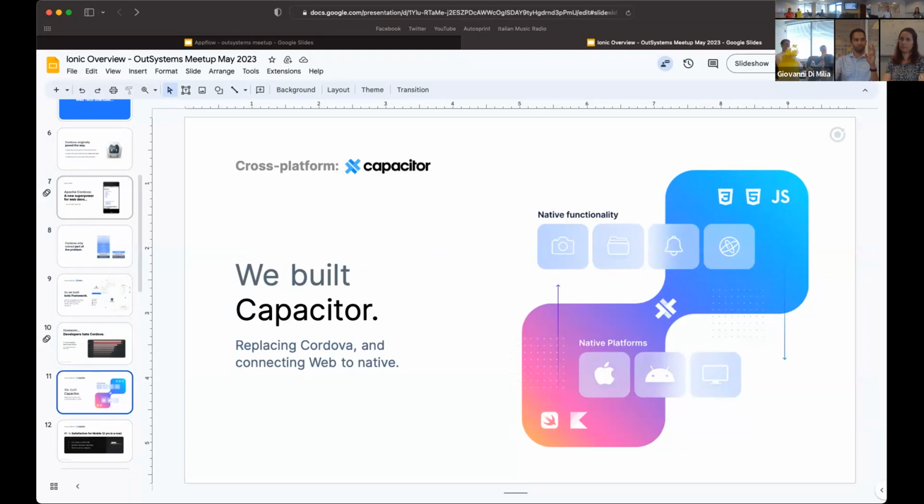Ionic framework is a mobile UI toolkit, and Capacitor is the native runtime, which enables your web code to interact with your mobile device, with the camera, the keyboard, biometrics, etc. Otherwise, web code is not able to interact with native things on your mobile application. That's what Capacitor helps you do.